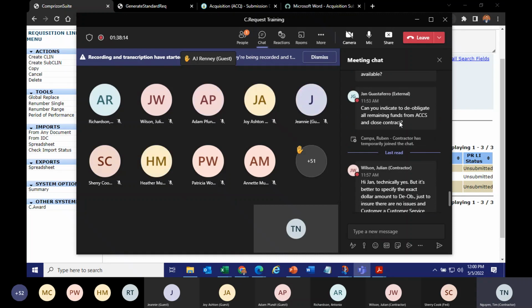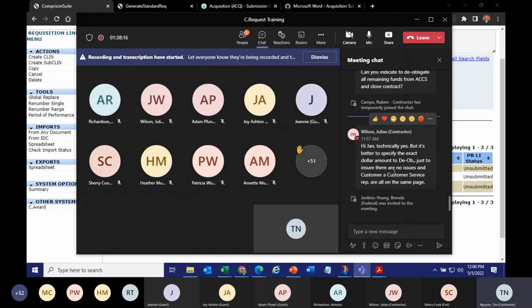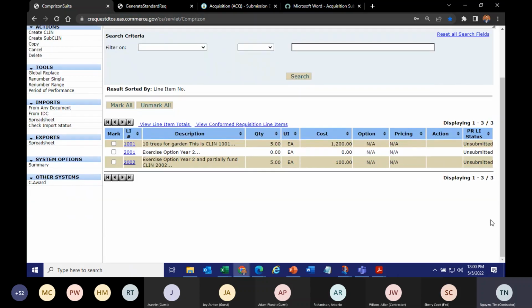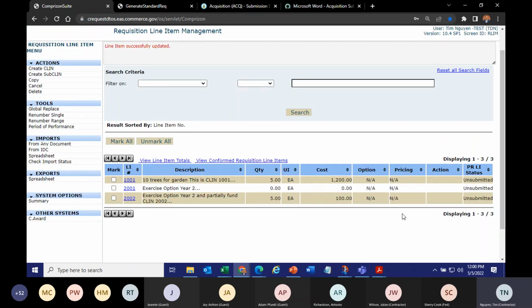Can you indicate the deobligate room? Okay. Yeah, so what Julian said is fine. What you said is also fine. I believe the contracting specialist will be able to, if you say please deobligate all remaining funds, and close out the contract. Hopefully there would have been